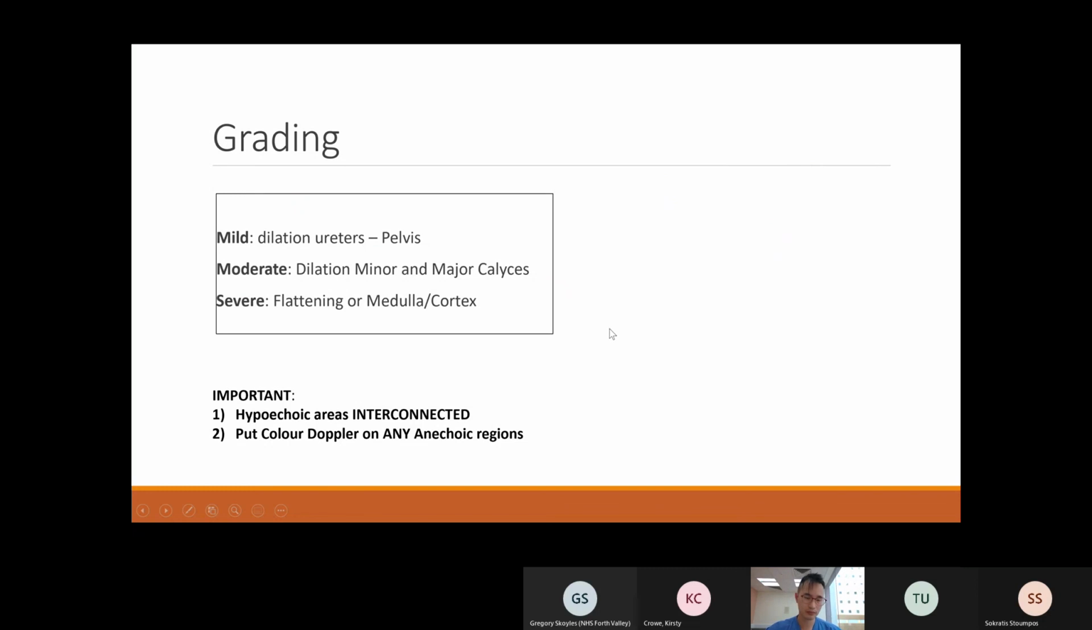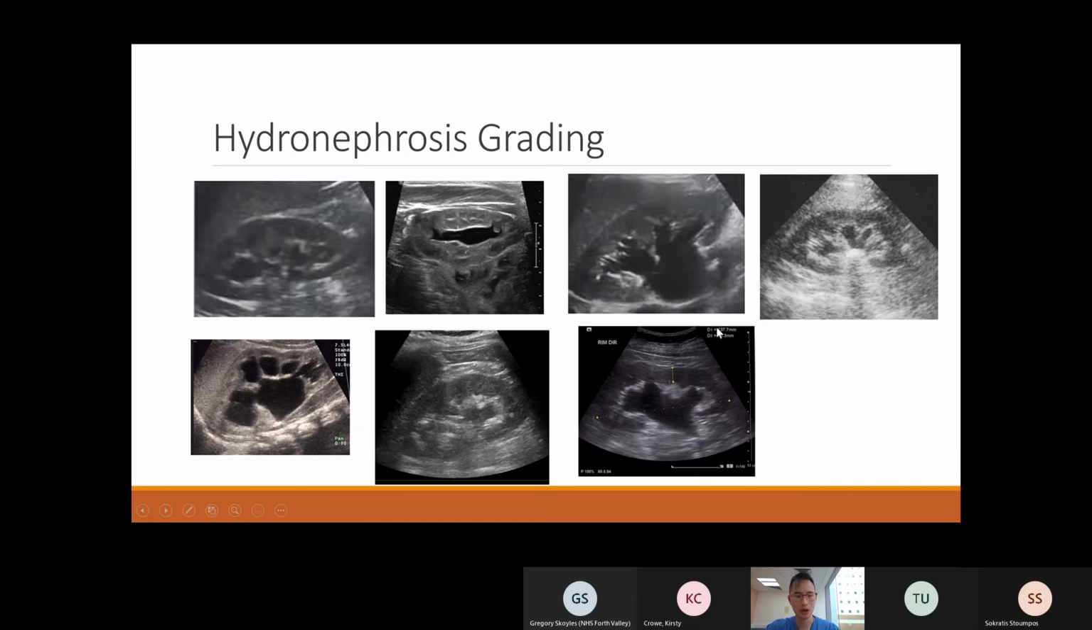Now, two important points. In order to differentiate a cyst from hydronephrosis, you have to fan through and make sure that all the dilated, anechoic, black areas are interconnected. I'll show you that in a second. And the second thing you want to do is make sure that you put a Doppler in. Any anechoic structures or fluid-filled spaces that you see in your body, you must put Doppler in, because what you don't want to do is miss an AV malformation or a blood vessel, for example. Always put Doppler in. So these are examples of